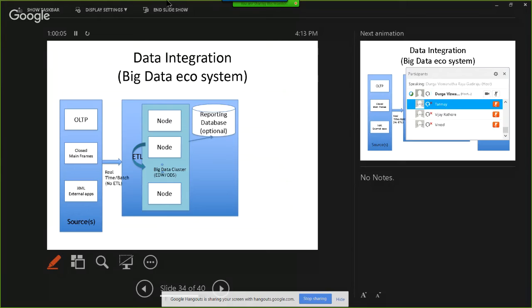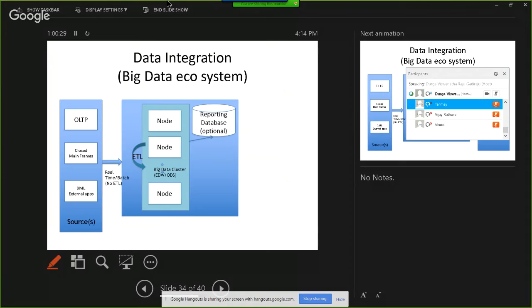Whereas here, you choose homogeneous hardware and set up everything on it. You will have both ODS as well as EDW as part of your Hadoop cluster itself. ETL also will be done directly on the cluster instead of using Informatica. We will be performing ETL using Hadoop based tools.